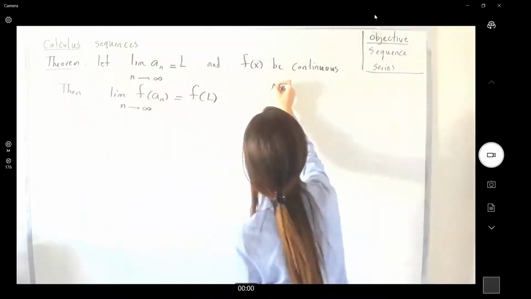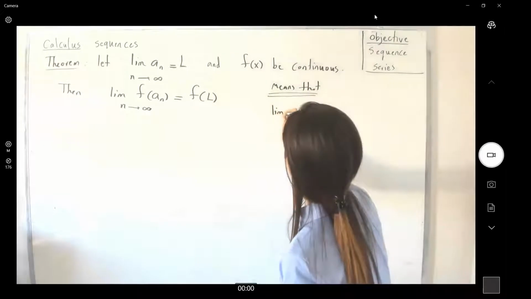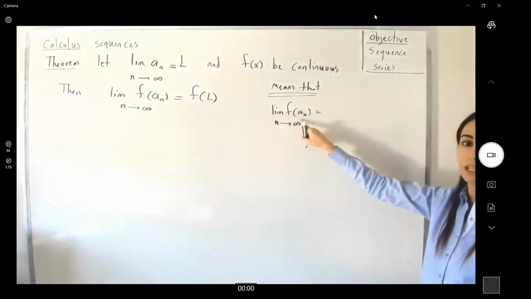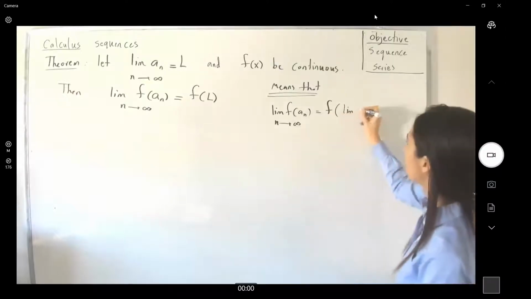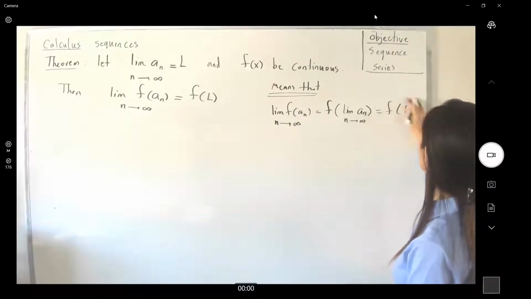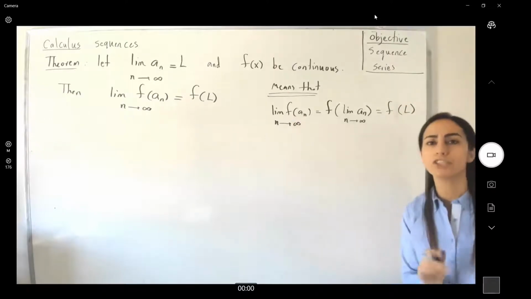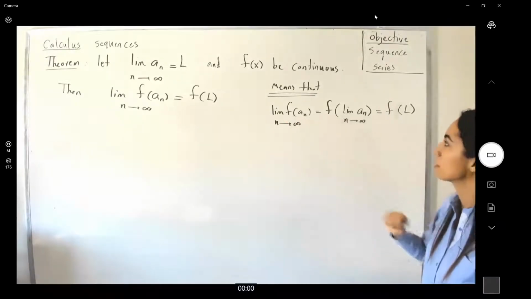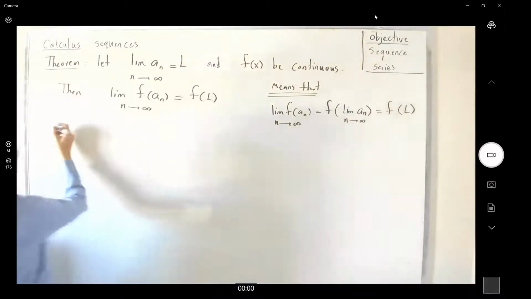It means that the limit of f of a sub n while n goes to infinity, we can move the limit inside the parentheses to get the f of limit of a_n while n goes to infinity, which is f of L. That's the meaning of that. So if I have a continuous function and I have a convergent sequence, I can move the limit inside and I can take the limit of the sequence and I have f of the limit. For example,